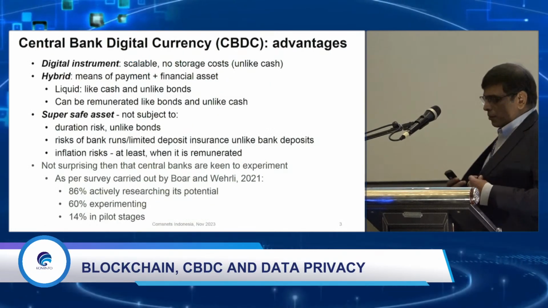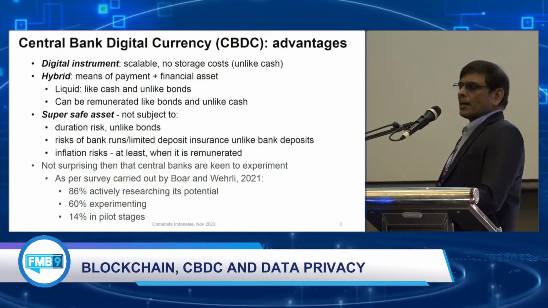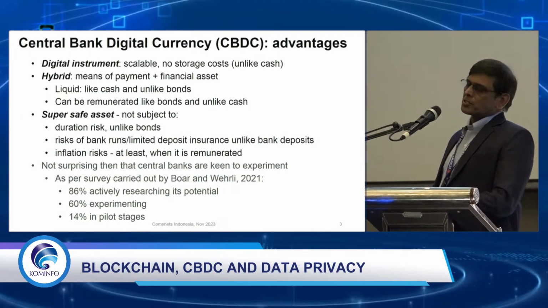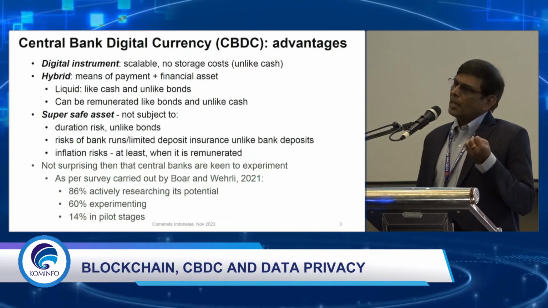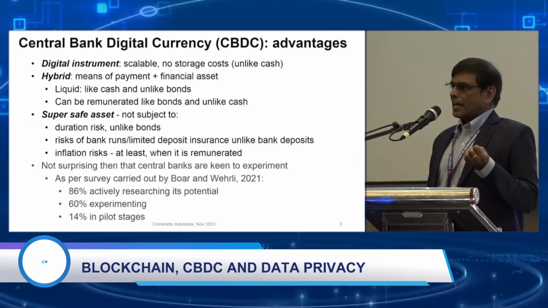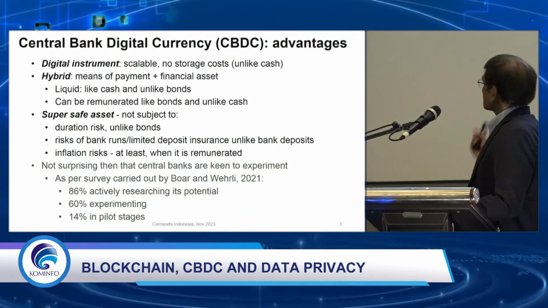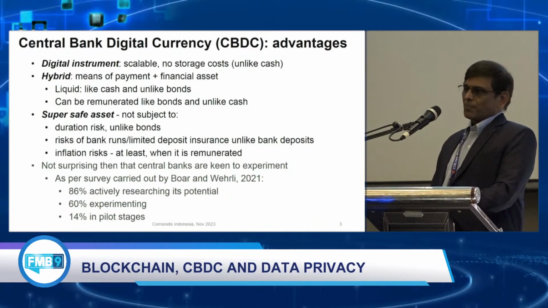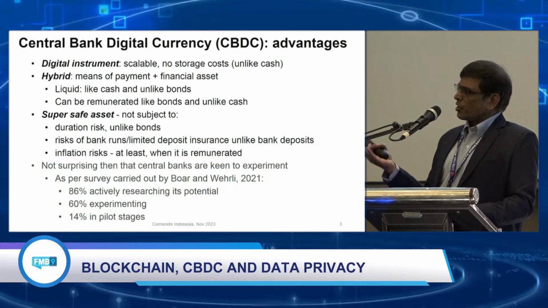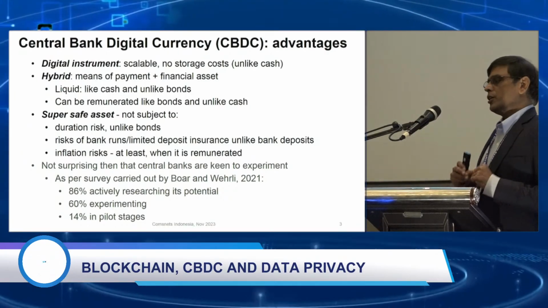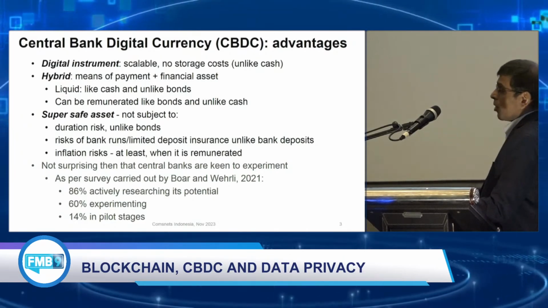Okay, so everybody knows that there are advantages for central bank digital currencies. Primarily, I would say that the advantages come because the CBDC, if you implement it correctly, has the dual nature of being like a bond, which means it's like an asset, because you can have interest-bearing CBDCs. And it also has the liquidity of cash. So it's kind of a unique digital instrument that combines the benefits of cash and bonds, okay?